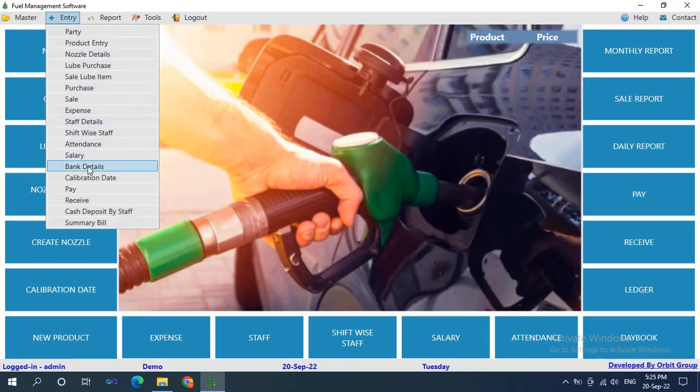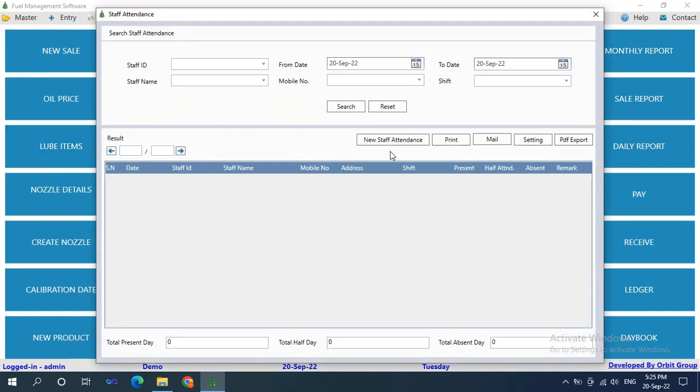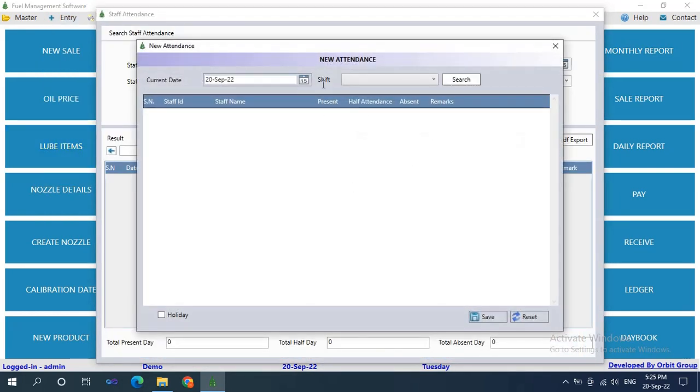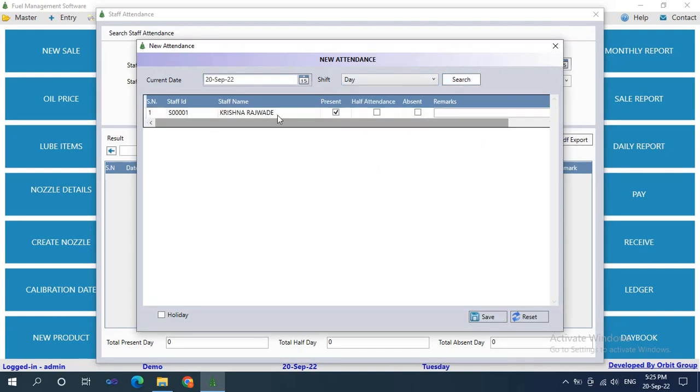And in the staff attendance we can enter the staff attendance here. We have to select the shift. After that we can search, we can mark them present, half attendance or absent, and we can enter the remarks that why they are absent. And if it is a holiday, then we can check the holiday, then enter the holiday name. After that we can save this attendance record,